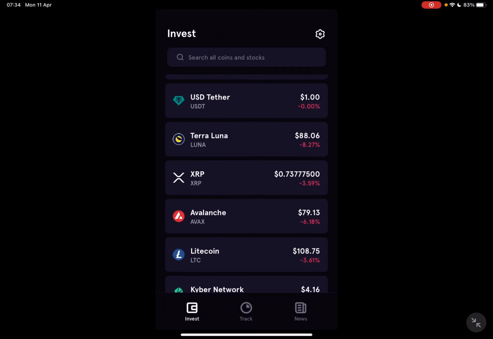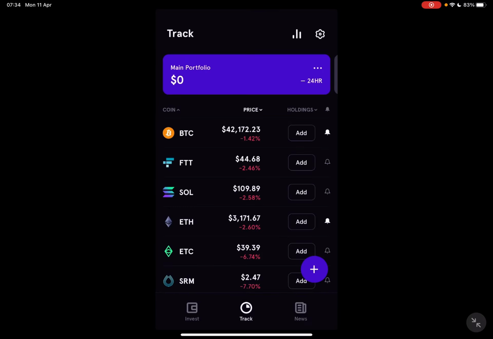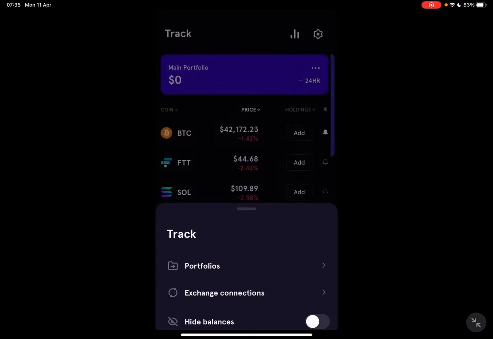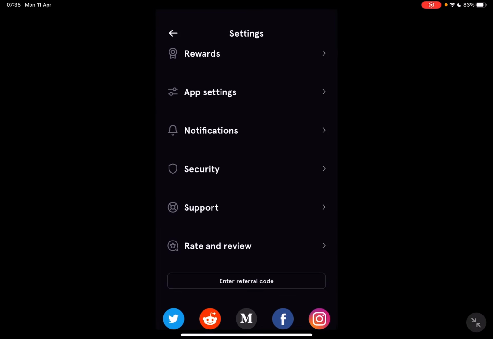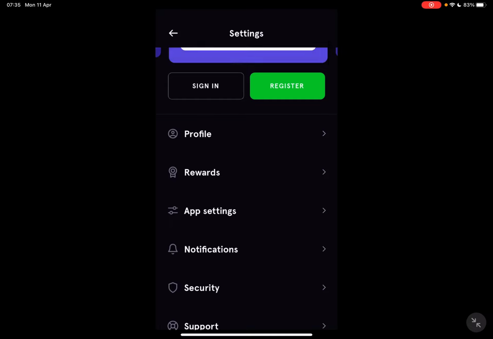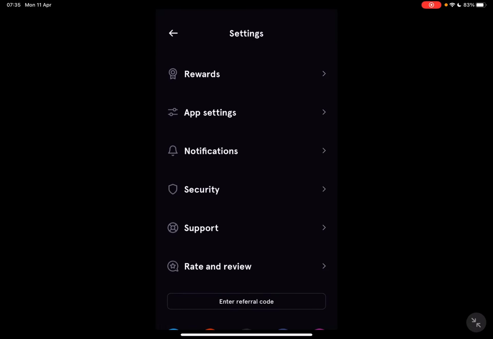First, open the FTX app, then go to the track section, which is going to be in the middle of the screen, the track icon. Then tap on the settings icon on the top right corner, and then again on the settings, now on the bottom left corner, and it's going to open up the menu, and from here you will have to